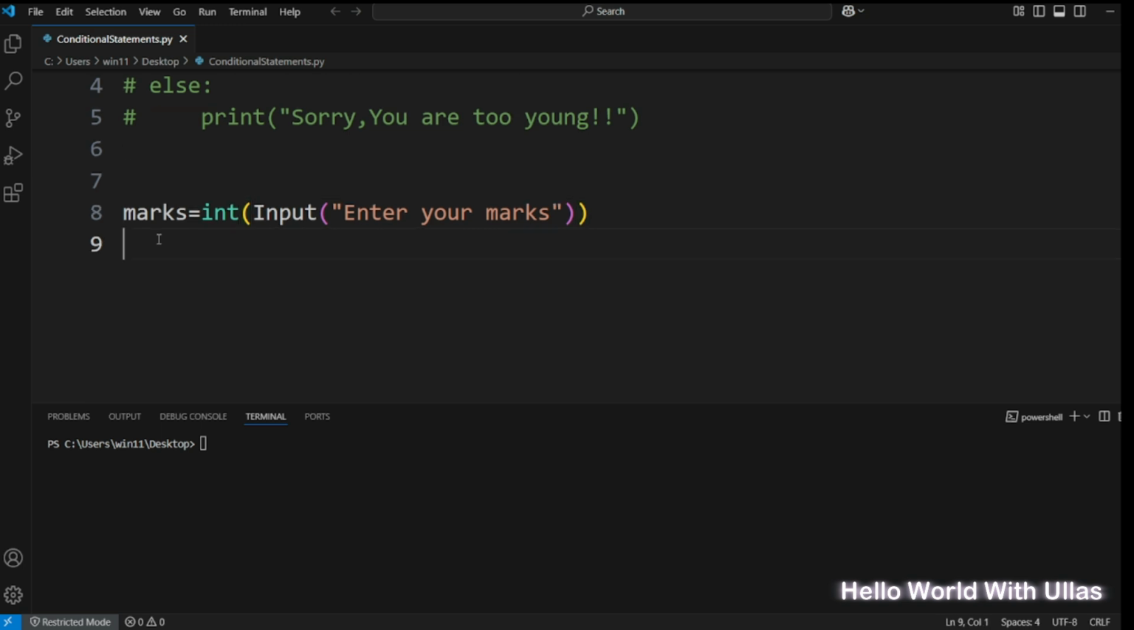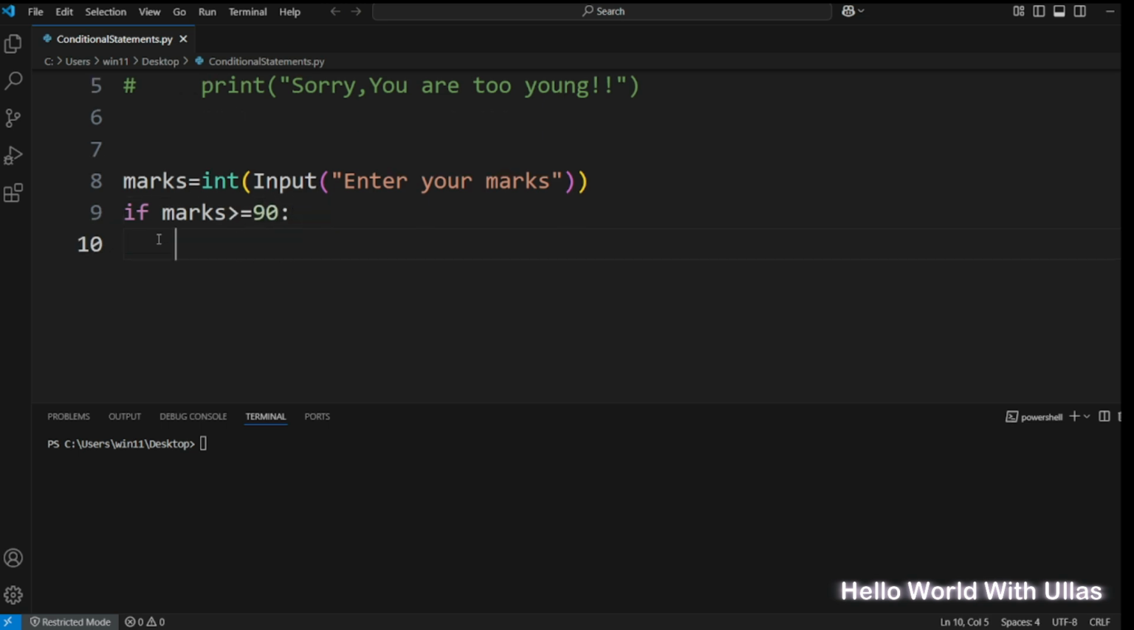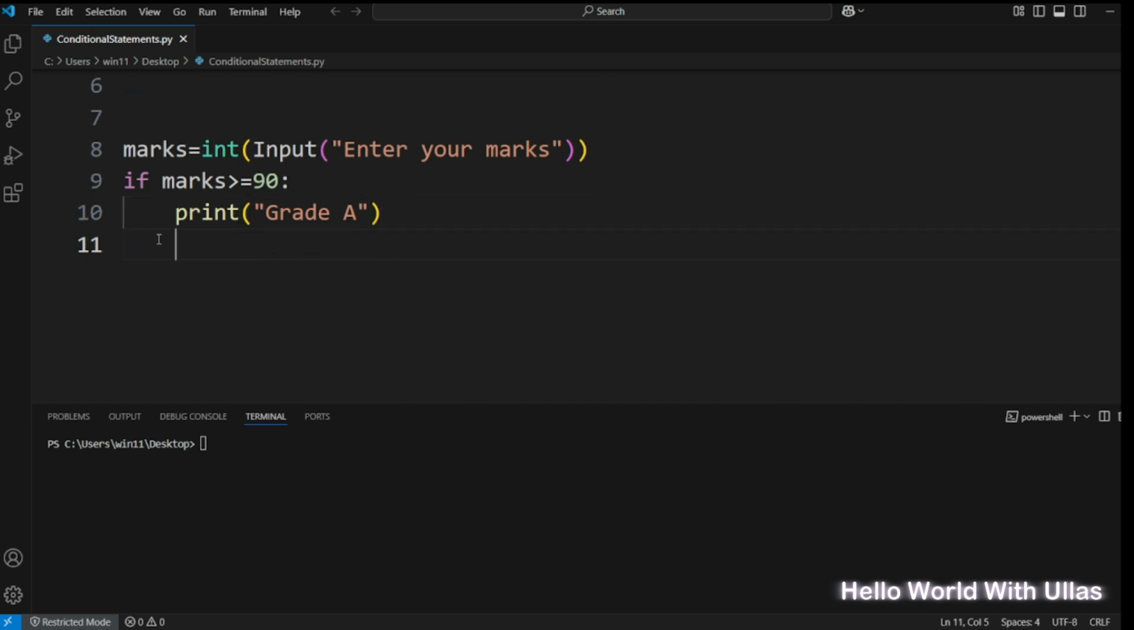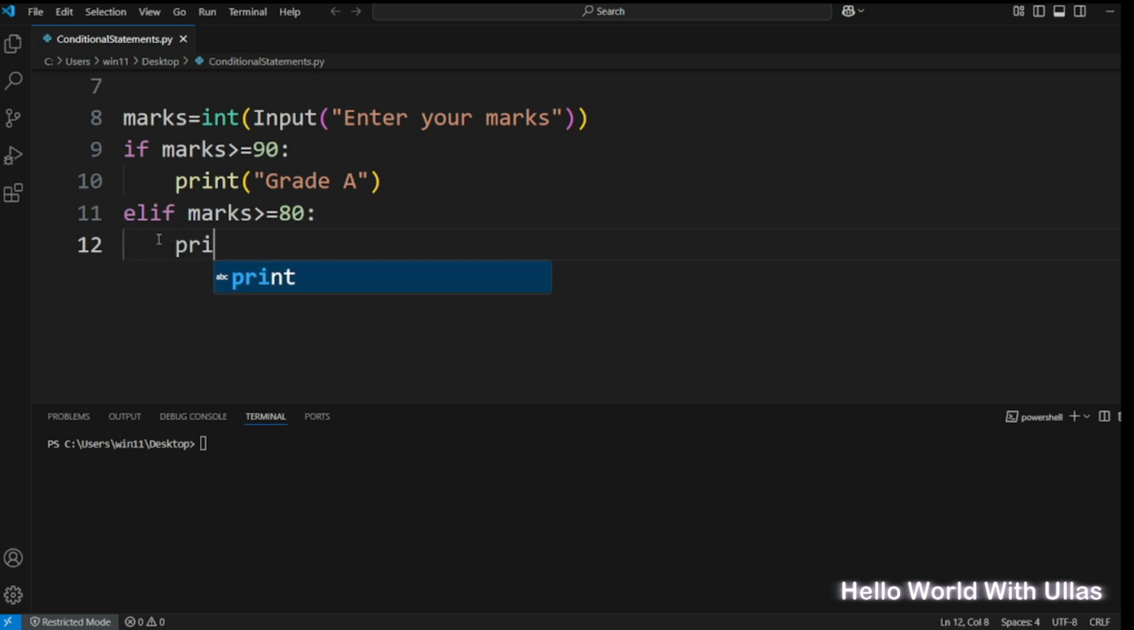Now we want to print grades based on the marks which has been given input. Now I will say if marks is greater than or equal to 90, then I will say print grade A. Now if I want to say marks is greater than or equal to 80, so to do that I will just write elif marks greater than or equal to 80, then I will print